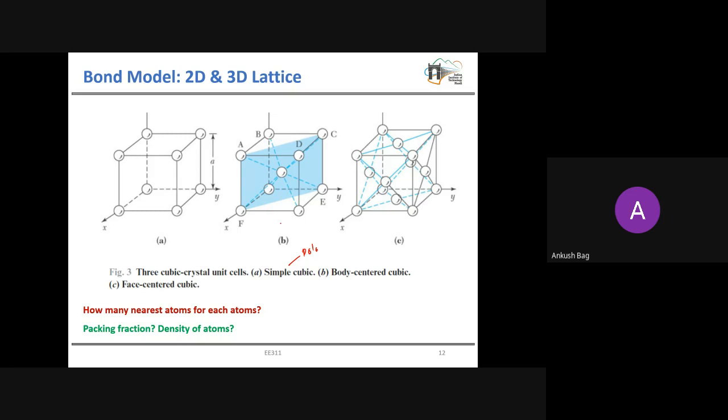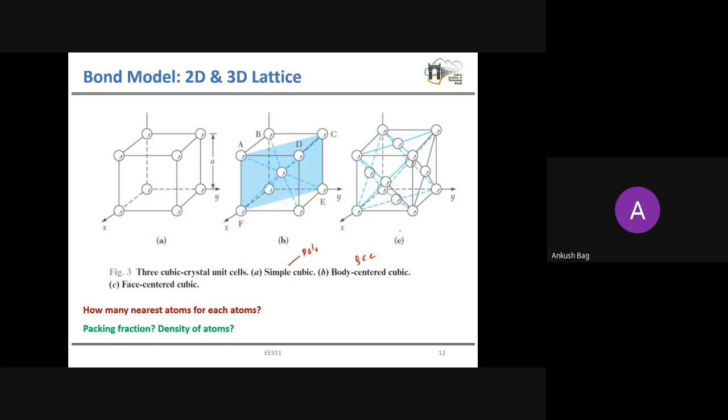Similarly, this is another crystal. If you put one atom at the center of this cube, you will get the body-centered cubic crystal, or simply BCC. So in this body-centered cubic you have one atom at the center, unlike your simple cubic. I think materials such as sodium as well as tungsten have this kind of crystal structure.